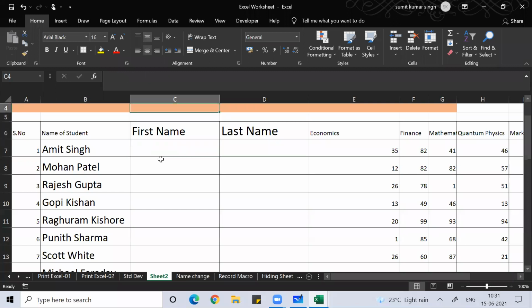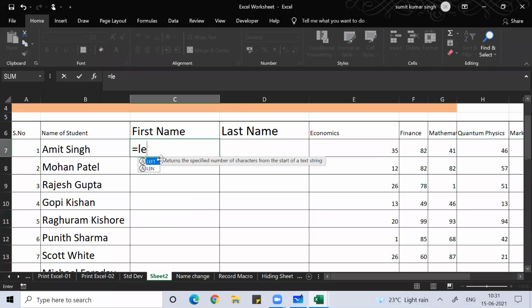So to separate name and surname, I can simply write equal to left, open bracket, then this is my text, comma, number of characters. To find the number of characters, I know that the differentiating parameter that can separate name and surname is the space. So if I can locate where the space is, my work will be done.